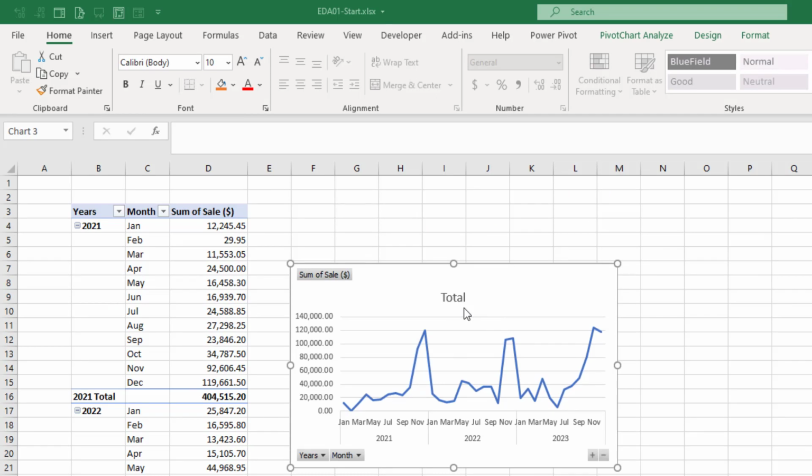The word total as a chart title is not very good, so I'm going to click on the chart title, come up to the formula bar, and type total sales, and enter. Now we have total sales here and sum of sales here. That's unnecessary repetition. Also, these are called field buttons, and they govern how we can sort and filter this pivot